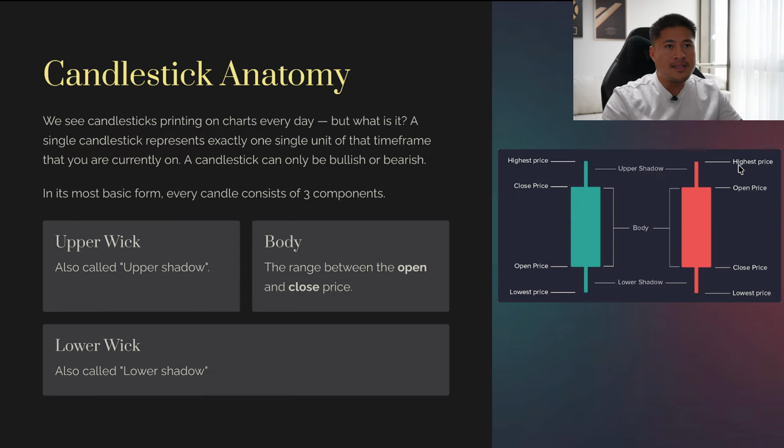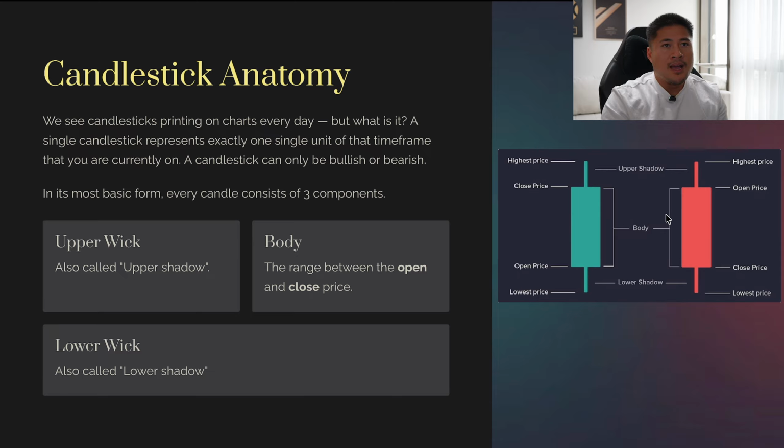So let's continue on the right side right here. On the left side, you can see a bullish candle, okay? A bullish candle always opens lower than it closes, okay? So the opening price is always lower than the closing price. So this is the opening price of, for example, let's take the 15-minute time frame. So this is a 15-minute candle, all right? As soon as a new 15-minute candle opens, it opens right here. And if it's a bullish candle, it will close up here. And you will also have an upper wick, which is up here, and a lower wick, which is right